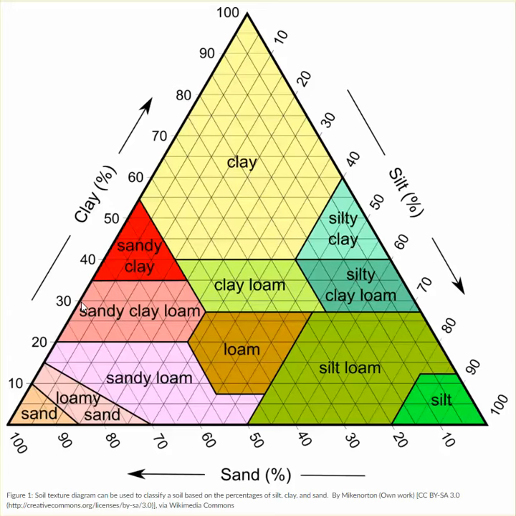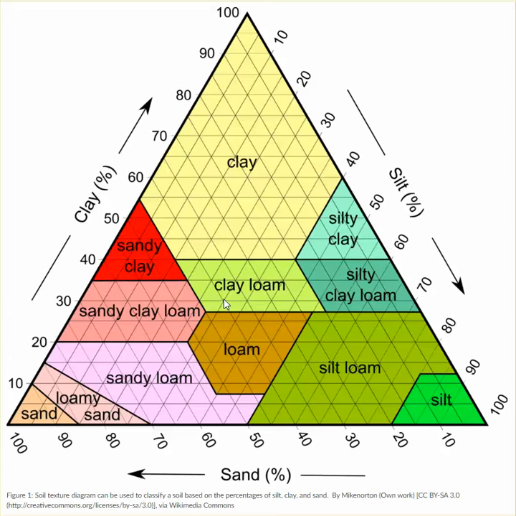So let's say it's 30% clay and 40% sand. So if we take a look, the 40% sand line is going to meet the 30% clay line right here. And that means we're dealing with, if we take a look at the silt axis, a soil that is 30% silt. So we can determine using this triangle that a soil with 30% clay, 40% sand, and 30% silt would be